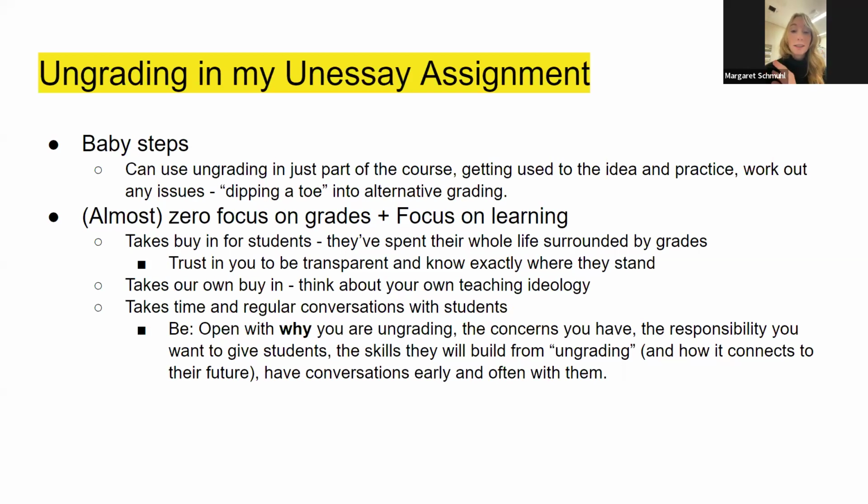I used ungrading only in my unessay assignment, which I think naturally led to